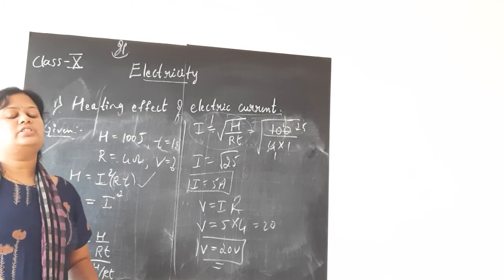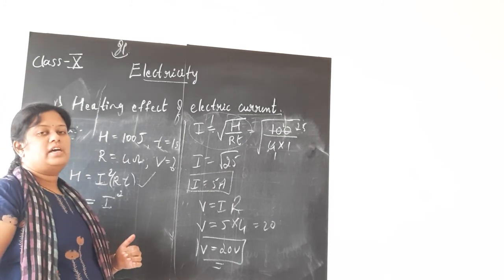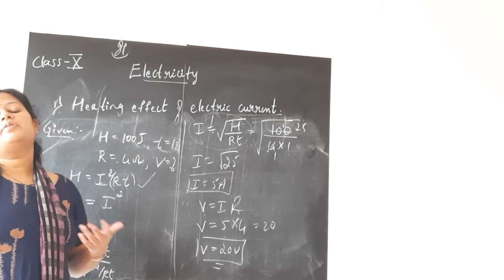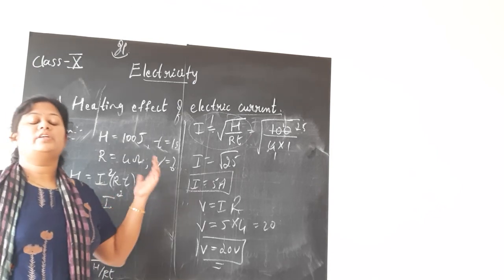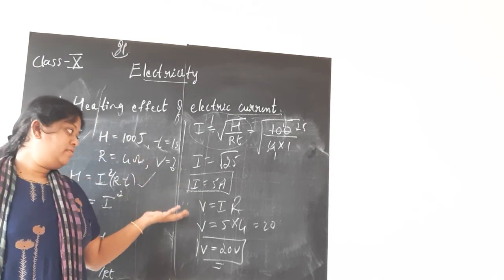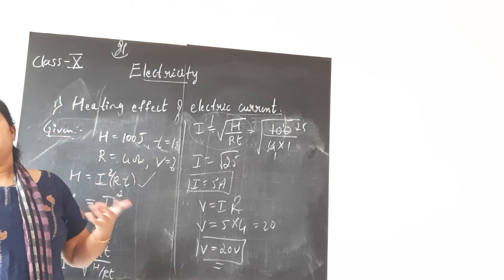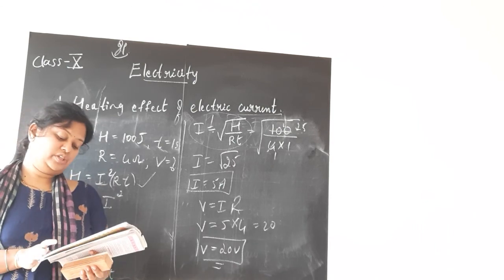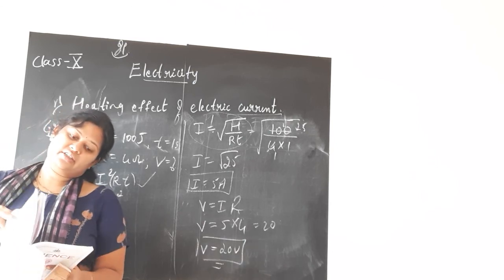Once I finish this chapter, children, I will give you more and more numericals which are from question banks or previous question papers. I will send you in the WhatsApp group. Please try to solve all those problems, maybe on series and parallel combination, heating effect, or finding out current, voltage, like that. Any doubts, you can text me on my WhatsApp number. I will be shortly sending you those questions in the WhatsApp. So this is about the heating effect of electric current, children.